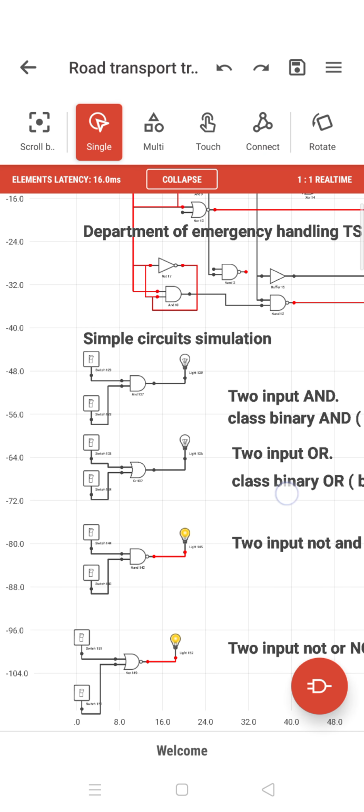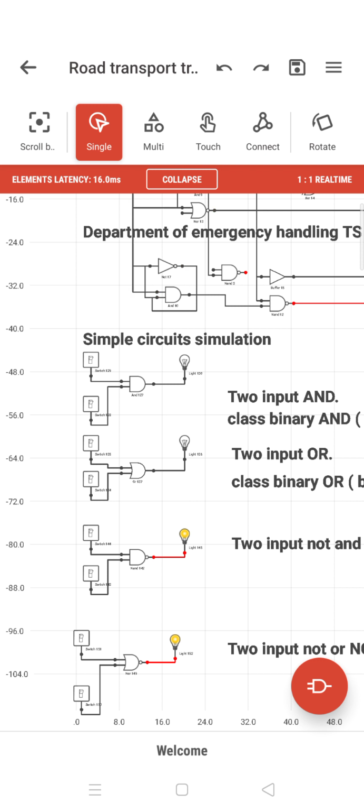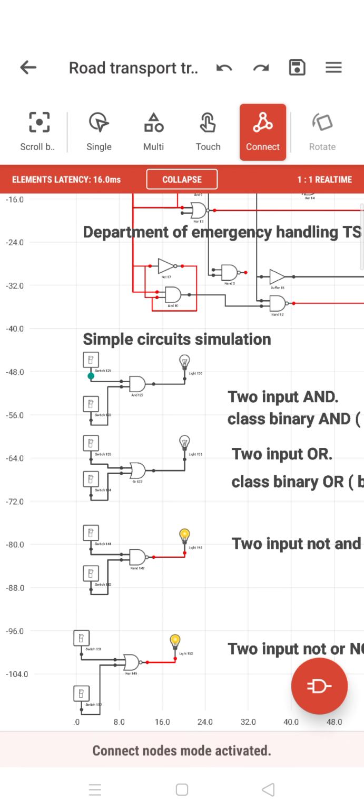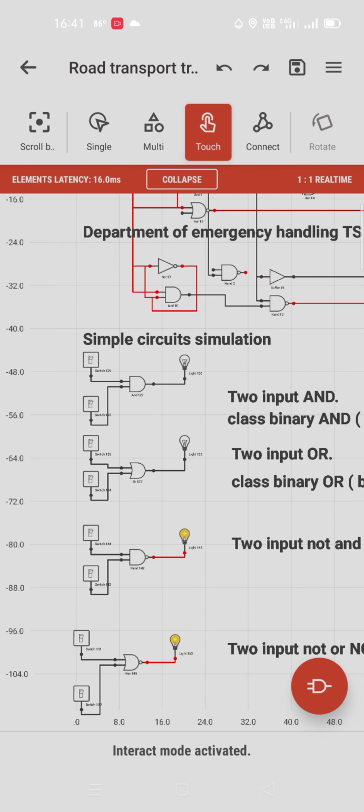Now we are just going to see some simple circuit simulation. This I have created for myself, and this is the kind of circuit simulation. Okay, like this is an AND gate. So you want to put a 1 and a 1 here. 1 means on. Okay, so you put it on. So I am just going into simulation. Then I put one on. It is not working. See, the bulb is not coming up. If I put both the things on, then it comes up.